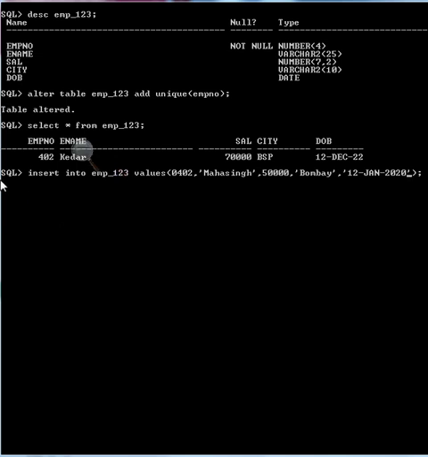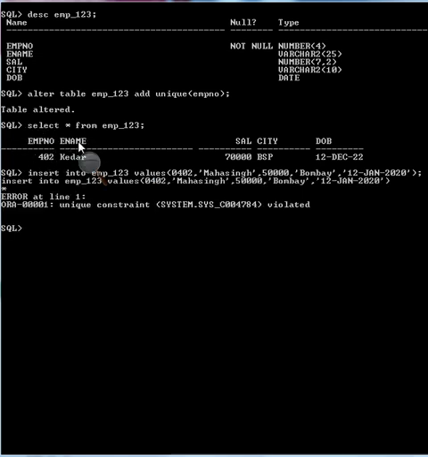Okay, so here I want to insert a duplicate value on the unique key constraint defined column, emp number. So here it is giving me a unique constraint error. Let's try to change that value, and the remaining things will be the same, with 403.